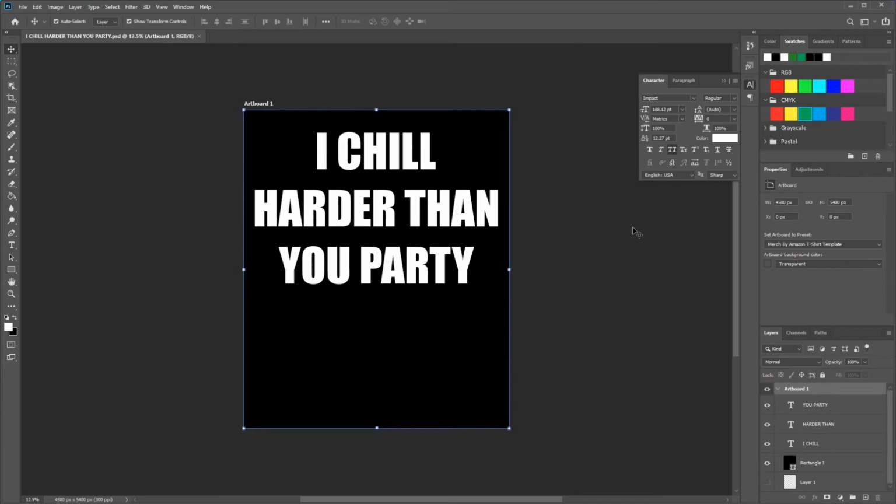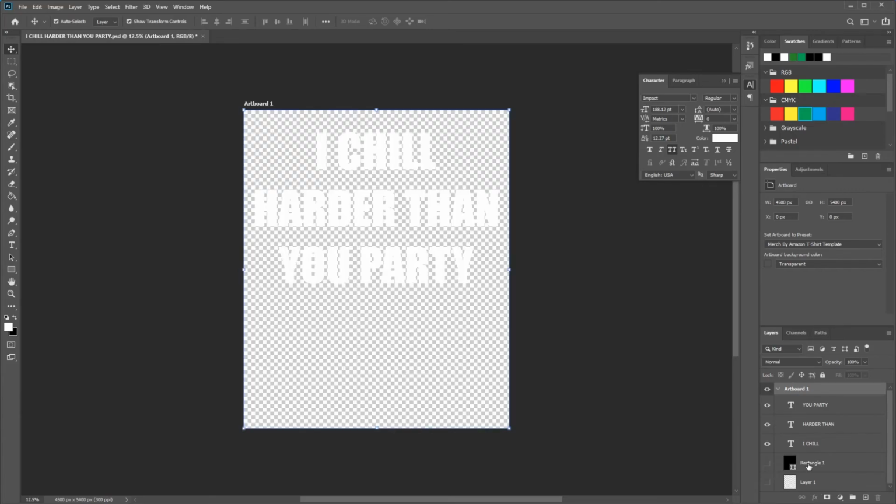Now that that's done, we'll export a PNG. The main thing you want to do here is make sure you deselect this rectangle layer. Just click on this visibility eye there, and it removes it. And any other layer that you don't want printed, like this layer here, there's nothing on it, so it wouldn't hurt even if you left it on. But anyway, let's go ahead and deselect that one as well. Our three text layers here, we want to make sure that those visibility eyes are showing,